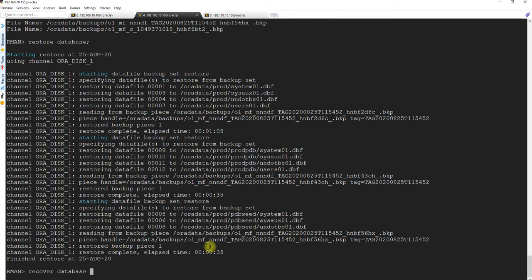The recover database command says that if some transactions are missing, up to a specific timestamp, it will look into the archive log destination or the backup location of the archive and find all the redo log files there.